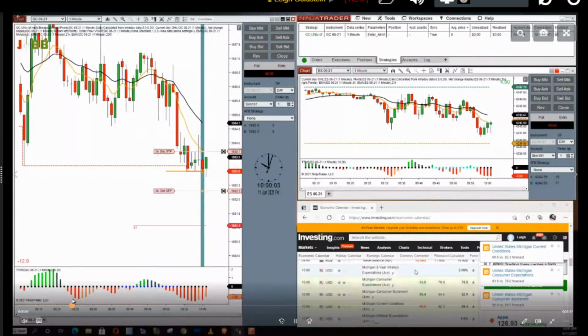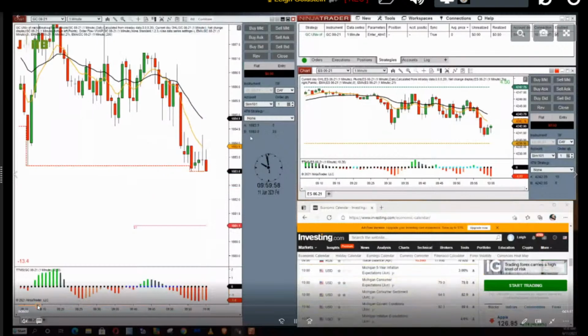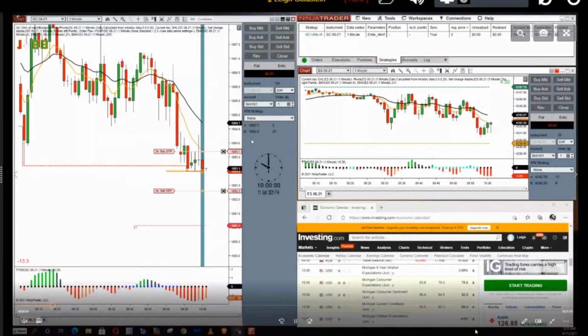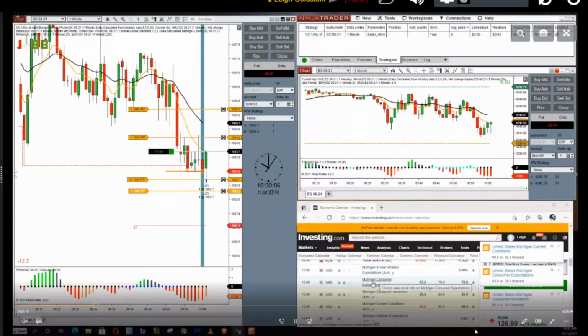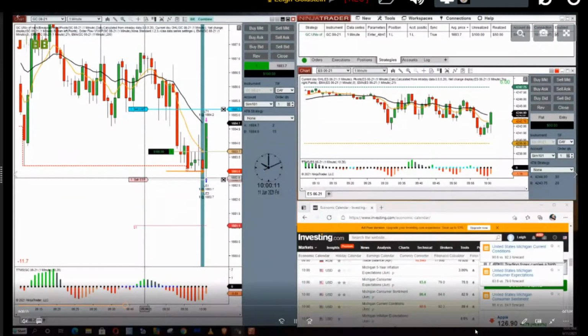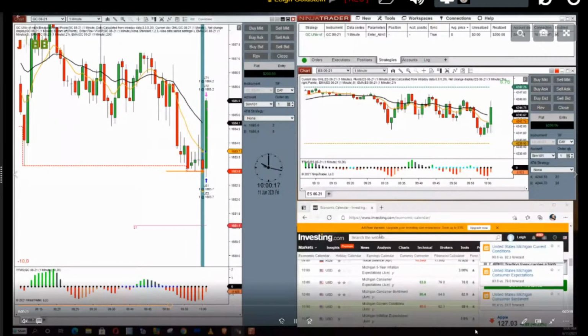And you want to learn to recognize a news move. So, it's chopping around, then boom, the news comes out, and then all of a sudden you get direction, and you get a little bit of thrust in the direction of that original move. That's a news move. And you want to learn to recognize what a news move looks like, okay?